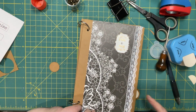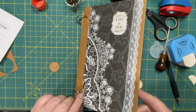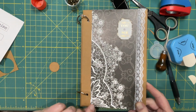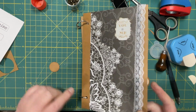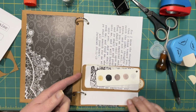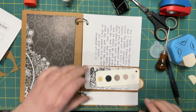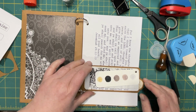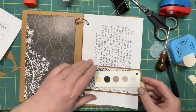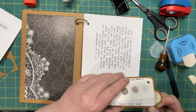But there, see, the tab would stick out. And on this side, it would work. It's actually not sticking out over here at all. It matches flush with that. So just when you make it, be mindful of how wide your paper is and do that. So what I'm going to actually end up doing now is